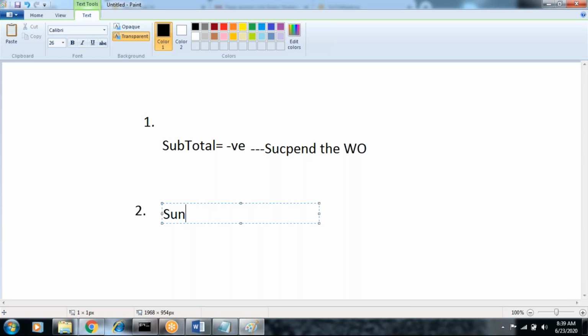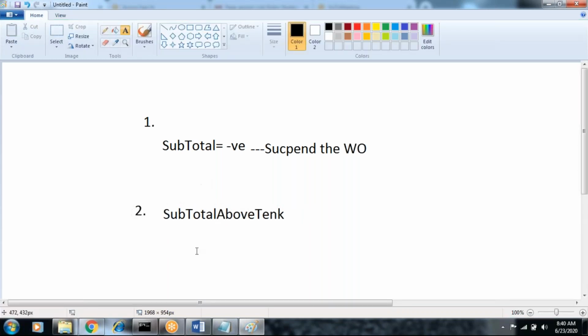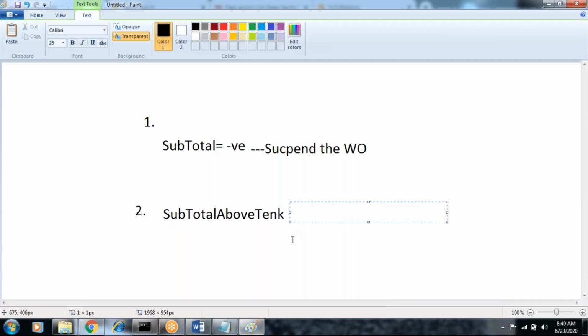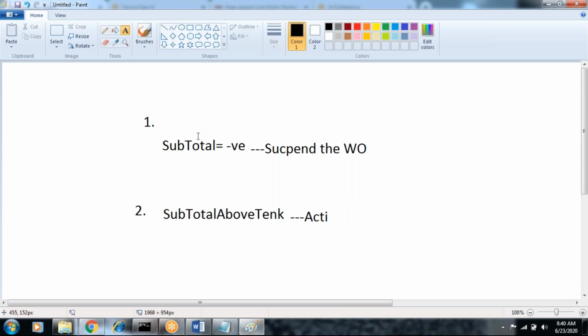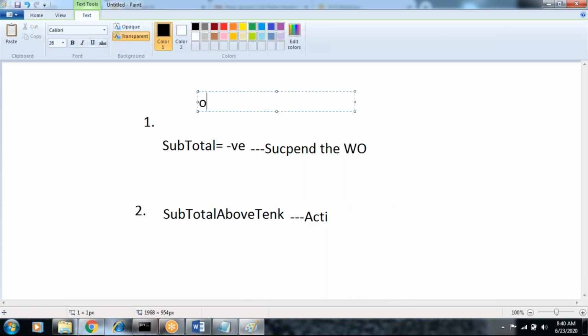Whenever the subtotal, meaning the customer has purchased, is above 10k, we can run an activity in the backend. Whenever the subtotal is more than 10k. So we'll do these two requirements for the on change rule. Is this clear?